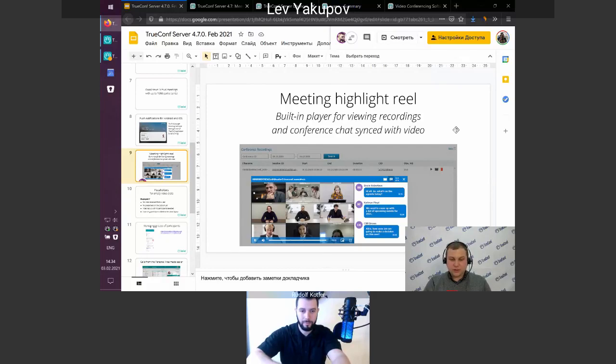That means you can now play back the recordings on your server, and the playback is automatically positioned to every chat message. So chat messages and the playback video are synchronized. You can see the chat messages, click on a specific message, and immediately start to see the recording from the moment this message was received, to better navigate the recording.